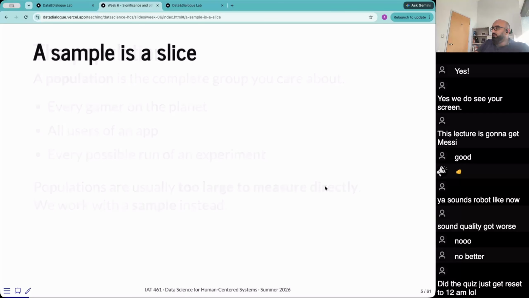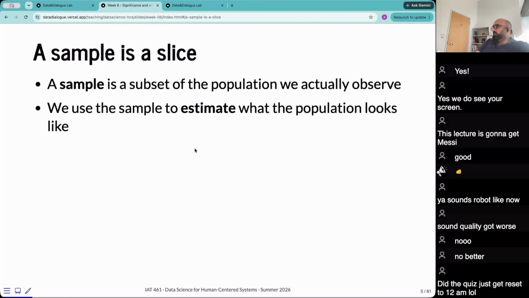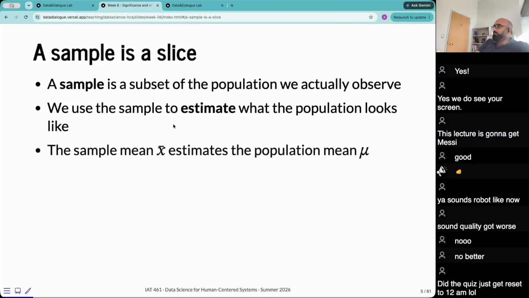We work with samples. Now, there's a whole story about how we sample. I'm going to skip it. But the idea is that we don't sample just how we want. We don't just go on the street and find people that are close to us or talk to our friends. A sample, when we talk about it, is generally a random sample for these types of studies. A random sample is where you pick people as randomly as possible and then take some measurements. This is the subset of a population we actually observe, and we use the sample to estimate what the population looks like.